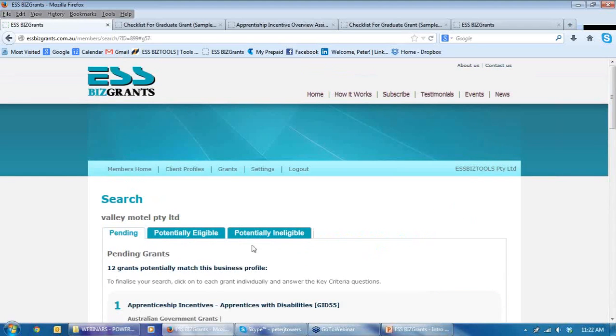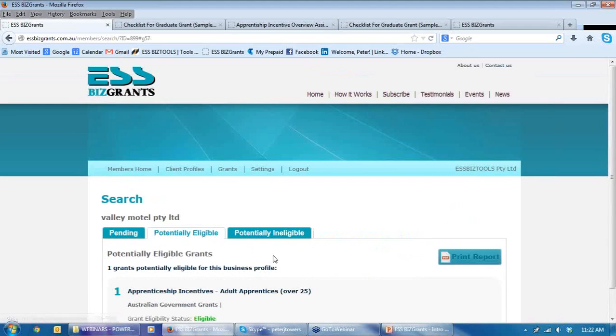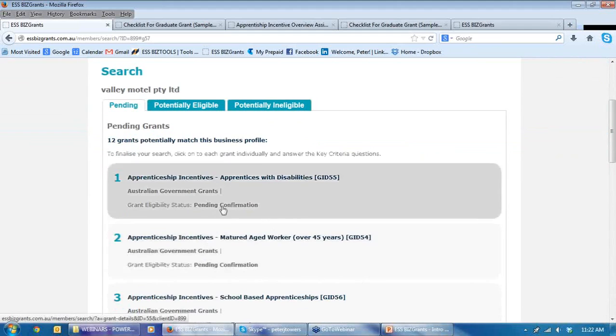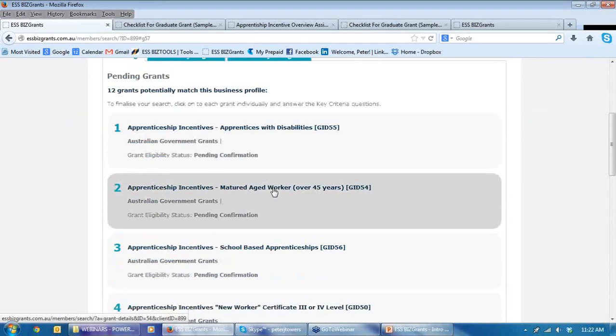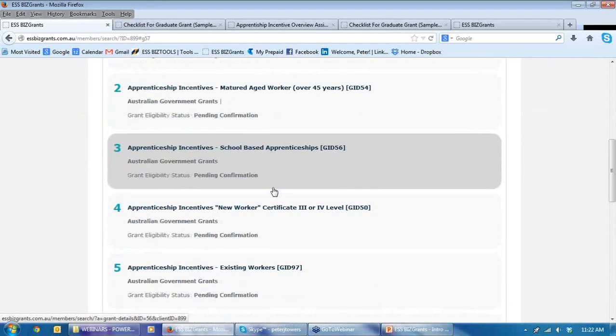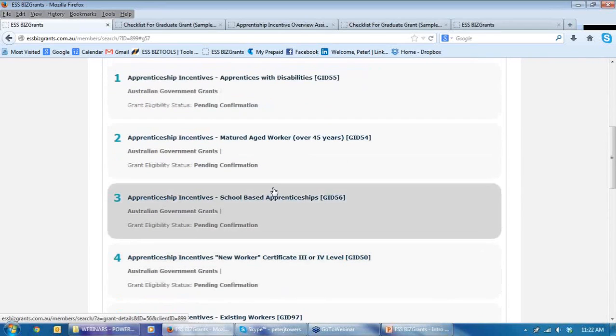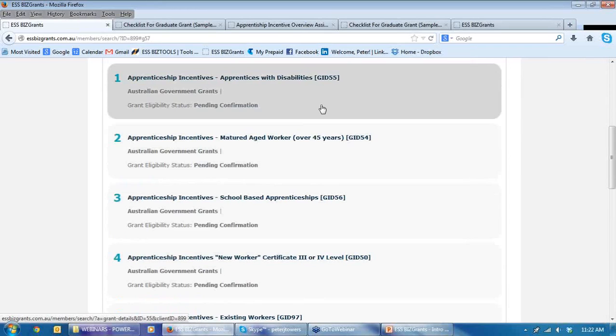Now what's happened in results, we have this other heading called potentially eligible, and we now have one grant that's under potentially eligible. So we'll now go back to pending, and we'll have a look at some other grants. Now, you might decide that the client then is probably not interested in some of these other apprenticeship grants that they could have been, either because the skills need list identifies them, or a couple of these grants any business can get a